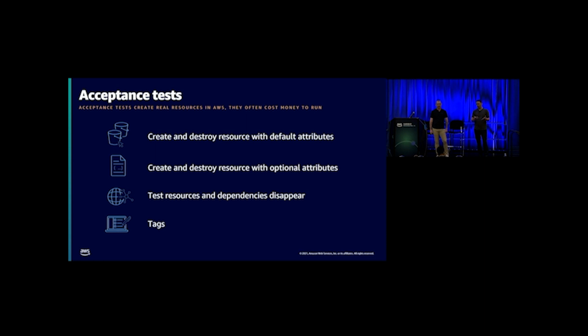Another very common one that's not always something you might expect is what we call the disappears. Disappears is when you have some sort of implicit dependency upon a resource. For example, an AWS instance cannot exist without a VPC. That's a hard dependency and isn't a disappears. But what might be is an AWS instance that requires an AD resource or something like that. What happens to your instance if the AD disappears? That's a type of disappear. And then usually you'll have acceptance tests for tags as well.